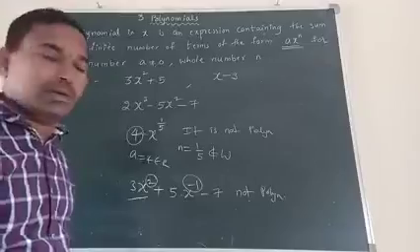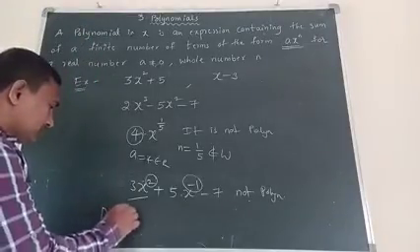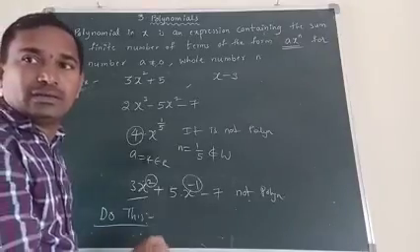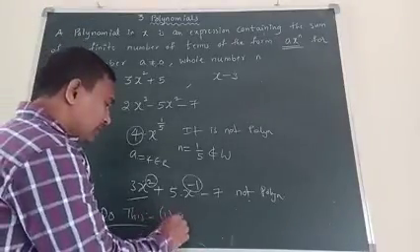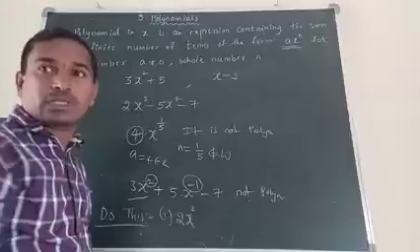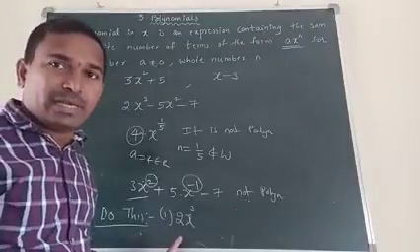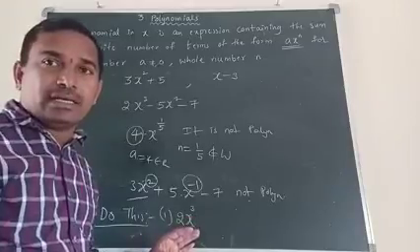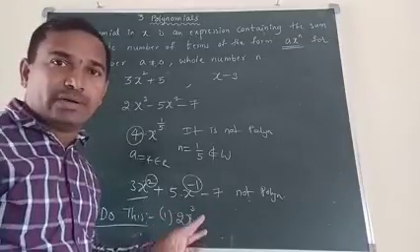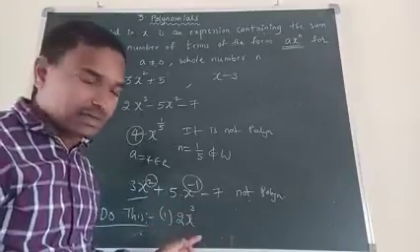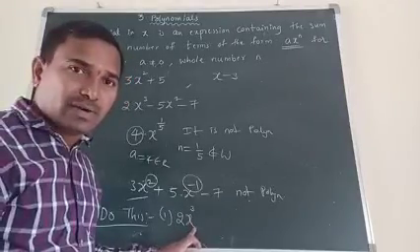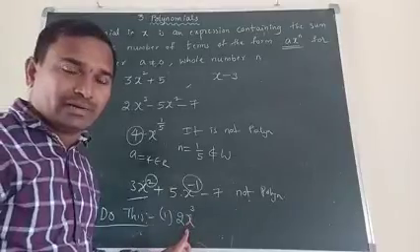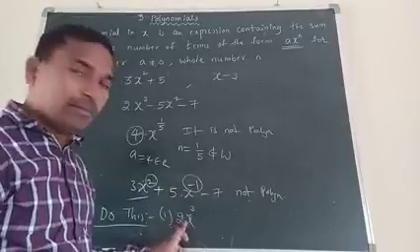We have to do these problems. See, first one, 2x cube. Is 2x cube a polynomial? Yes or no? See, how can you check? You have to check that the variable power should be a positive integer. Here, what is the variable? x. What is the x power? 3. 3 is a positive integer. This is only one term. So this is a polynomial.